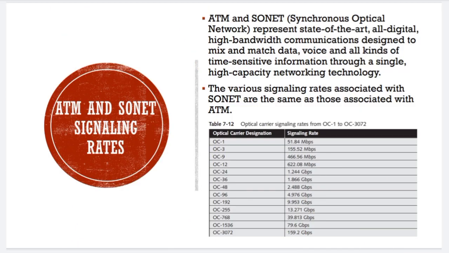ATM and SONET signaling rates. So ATM and SONET, or Synchronous Optical Network, represent state-of-the-art, all-digital, high-bandwidth communications designed to mix and match data, voice, and all kinds of time-sensitive information through a single high-capacity networking technology. The various signaling rates associated with SONET are the same as those associated with ATM. The attached table shows the optical carrier signaling from OC1 to